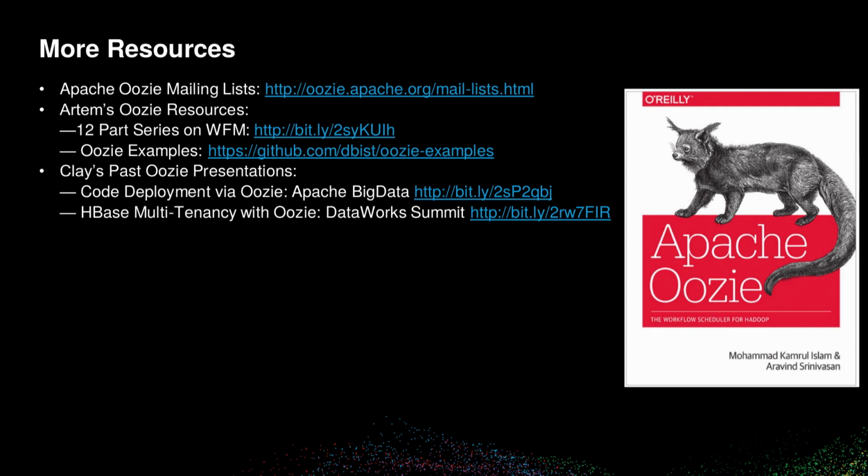Okay, so let me leave you with some resources before we jump off into the demo. Some key things: the Oozie mailing list is a super useful resource to understand all of these new features and how they work. And if you've got problems where you're just not getting the help, and it seems like this is probably a bug in Oozie, it's a great place to ask before you file a JIRA.